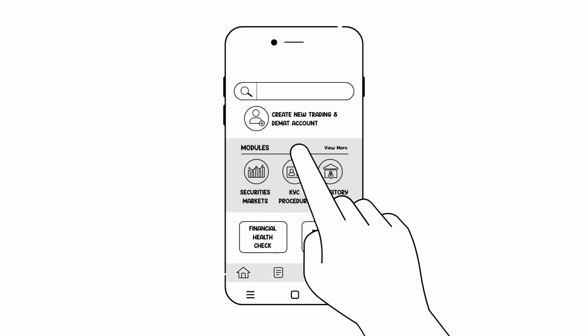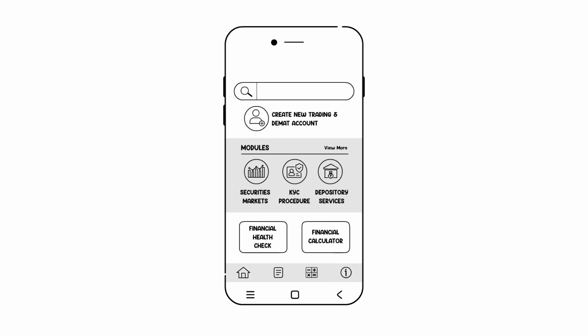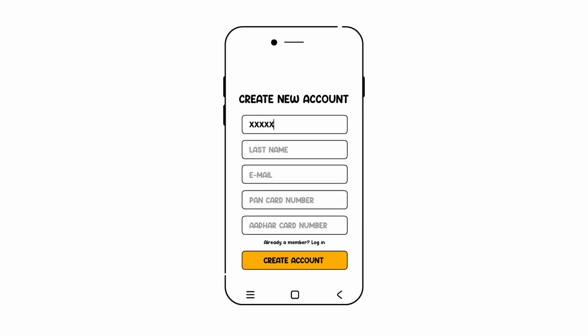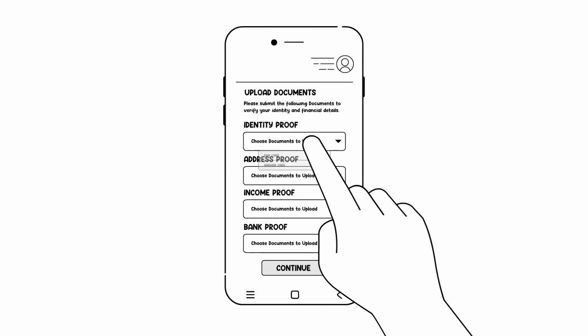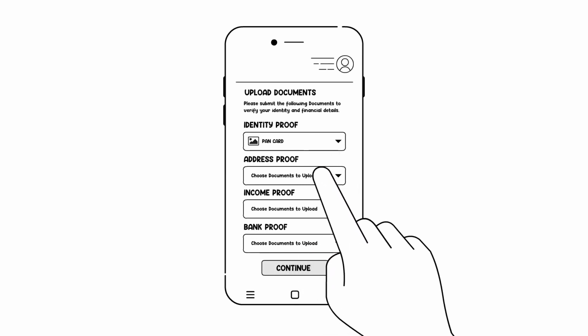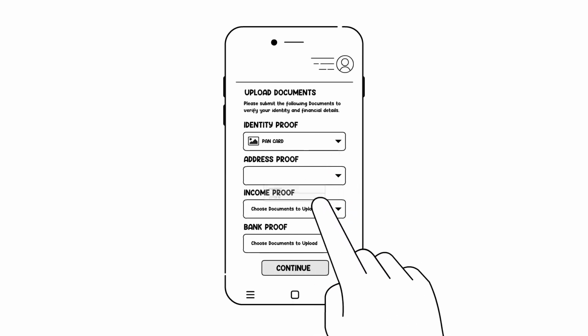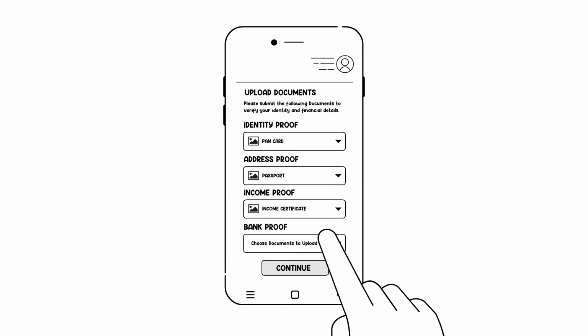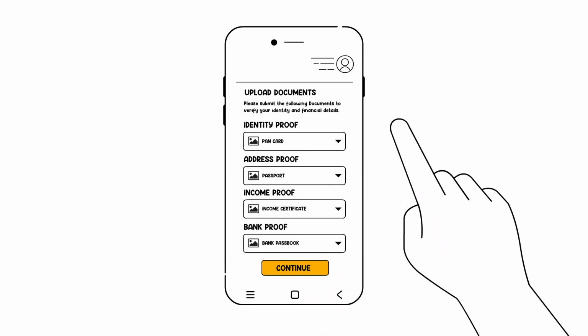Look for the option to open a new trading and Demat account. Fill in personal information such as name, email address, PAN card number and Aadhaar number. Upload copies of the documents like identity proof, address proof, income proof and bank proof to verify your identity and